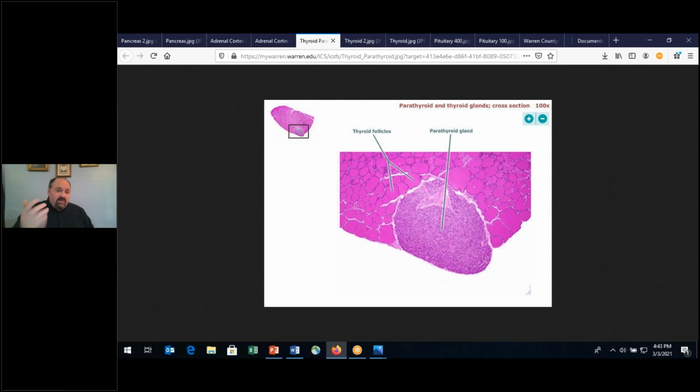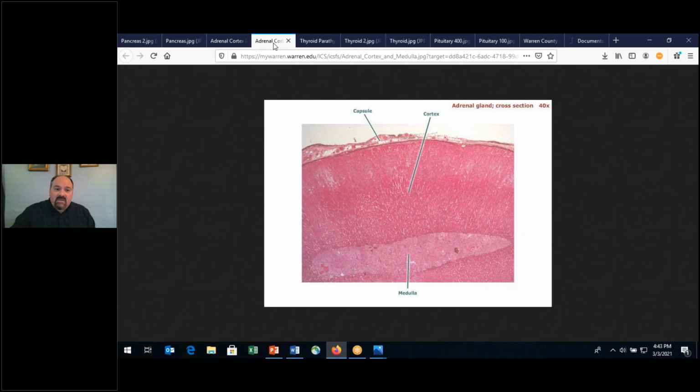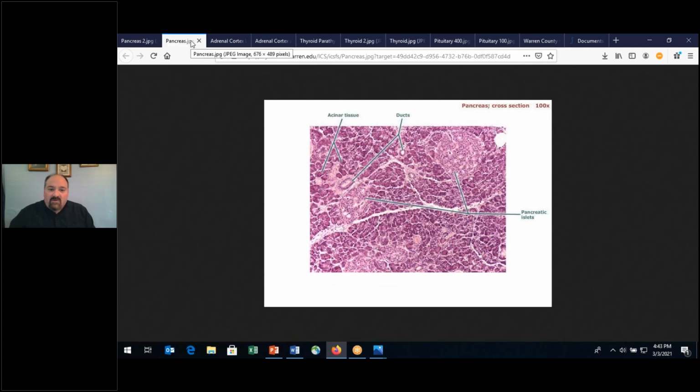So when you're looking at any type of histology with thyroid tissue, whatever is adjacent to it that looks different, that's the parathyroid gland. Okay. Now, as far as the adrenal gland is concerned, this is a little bit more of a challenge. So let's skip the adrenals for a moment here, and let's go to the pancreas,